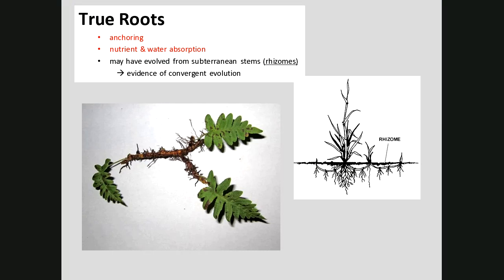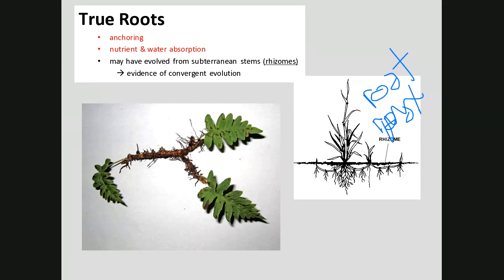Now we're also going to have true roots too. So roots that are going to do anchoring, just like rhizoids did. There's the word rhizome, so you don't get confused. Rhizome is a horizontal root. So this is a true root, like we're defining them here. My pen, goodness gracious. It's supposed to be root, R-O-O-T, whereas a rhizoid is just something that anchors.